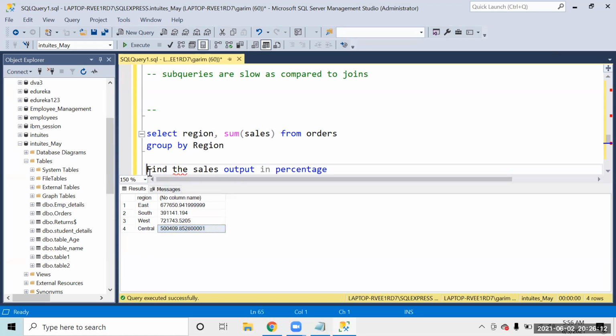So now I want you all to write the query for this. Find the sales output in percentage. So please try this out. I'll be back in a moment.